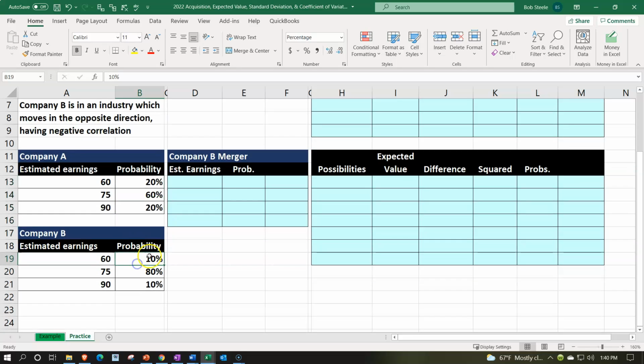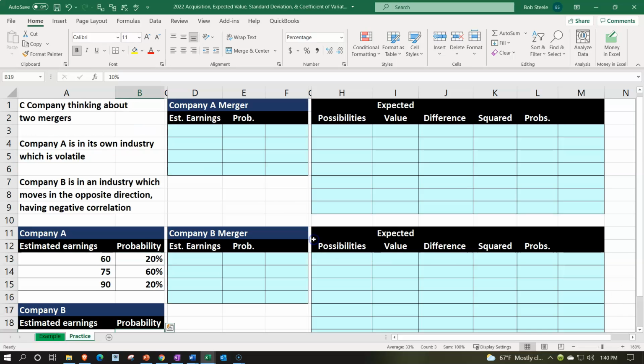For company B, we're going to assume the 60, 75, and 90 on the estimated earnings, and then the percents assigned are 10%, 80%, and 10%, once again the percents adding up to 100, giving us some framework to try to apply some statistical analysis to our estimates. So we're going to go up top and then apply this out. We're going to calculate first the